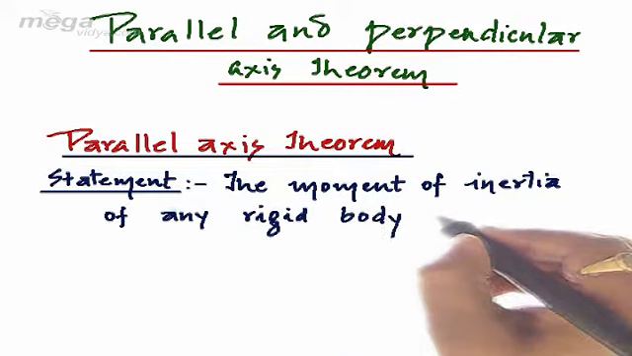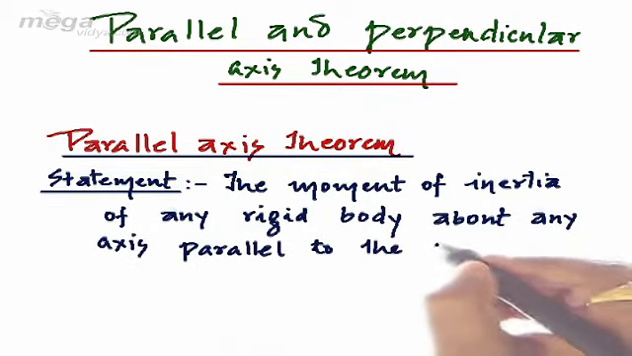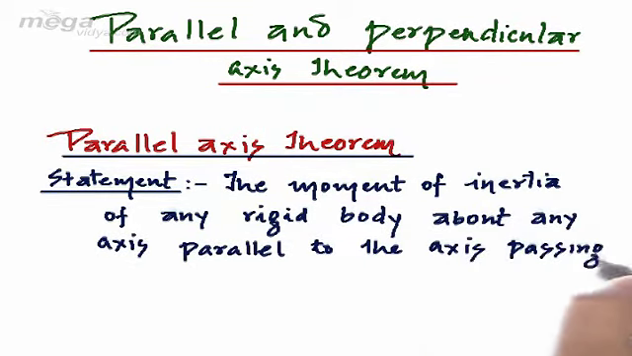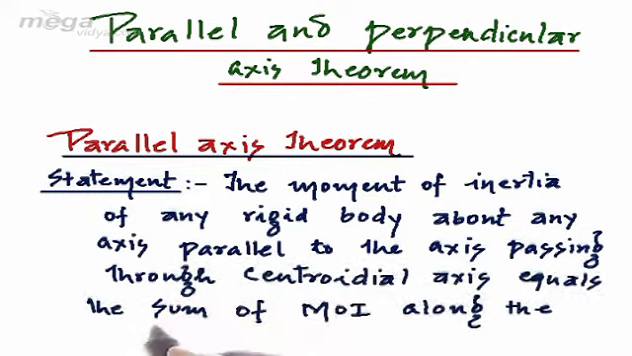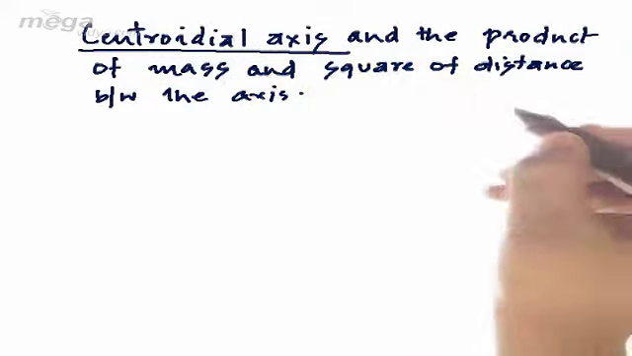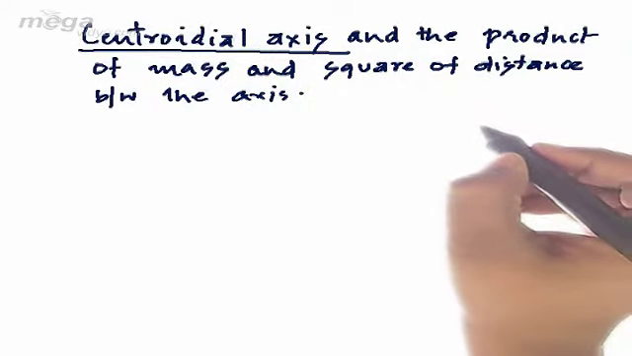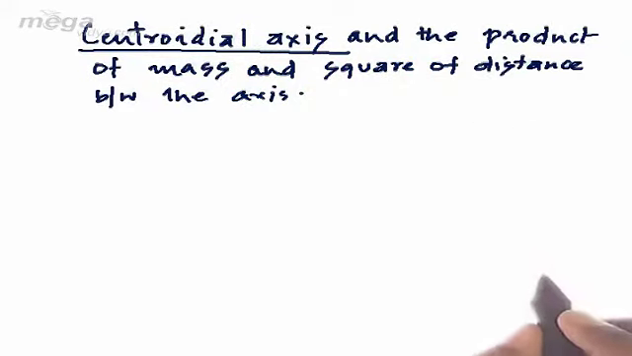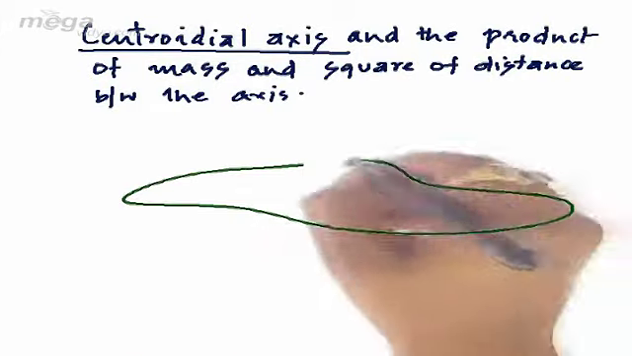to the axis passing through the centroidal axis, that is the axis passing through the center and perpendicular to the plane, equals the sum of the moment of inertia about the centroidal axis and the product of mass and the square of the distance between the axes. In order to explain the parallel axis theorem, let us consider a rigid body, and let us